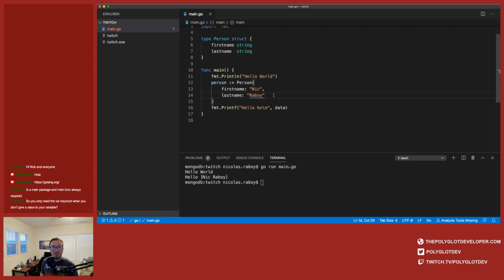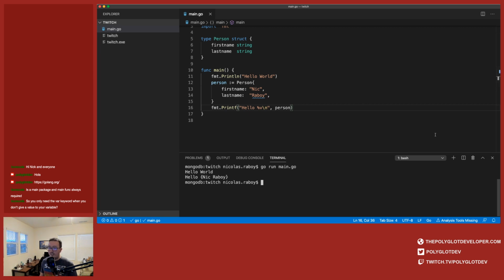And if I saved it, it's going to yell at us because in Go, it does some funny business here where every line in a struct or array, if you separate it by new lines, you need a trailing comma, always. It's erroring out right here because we don't have anything that says data anymore. So let's go ahead and change this to person and save it. And let's go ahead and say go run main.go.